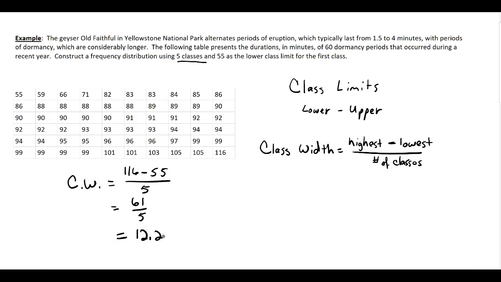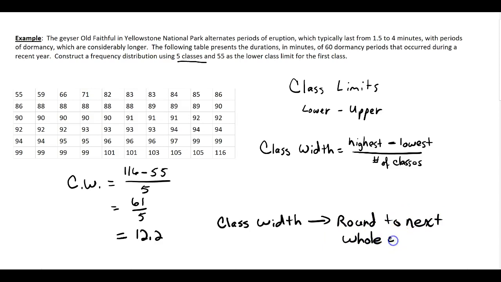Well, we don't usually use decimals in our class width, and this is one of the things that goes against almost all rounding rules. Where we're talking about class width, we always go up to the next whole number. So we're going to round to the next whole number. We always round up. Okay? That's going to be something that we have to get used to, is that it's always going to round up. So in this particular case, we're going to round up to 13